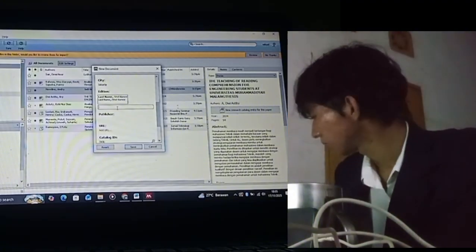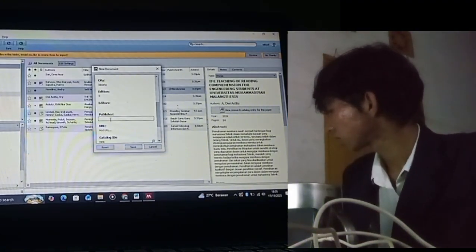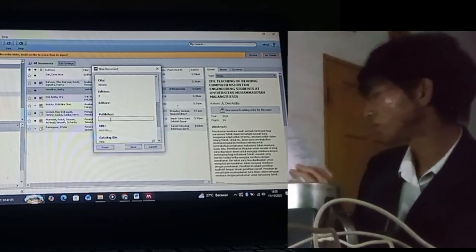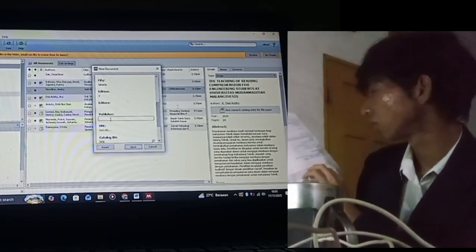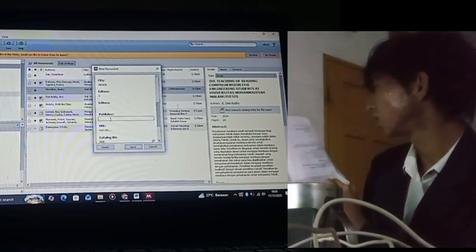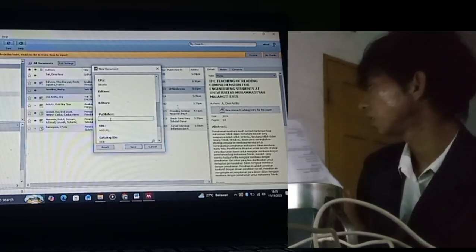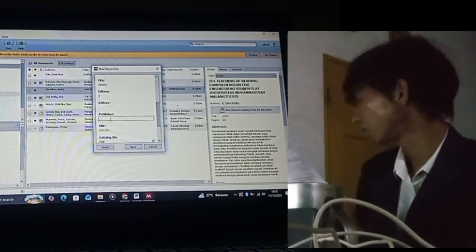So go to the publisher. The publisher is whoever is the publisher in this book. In this book the publisher is PT Raja Grafindo Persada.